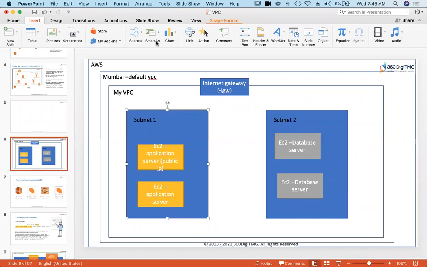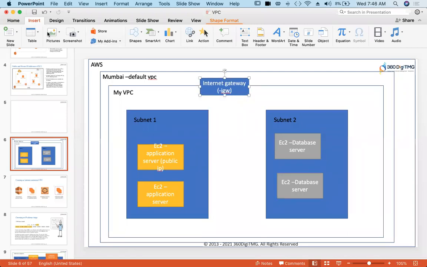And how can I do that? This internet gateway is for my entire VPC, and subnet 2 is also a part of the VPC. You can disconnect this subnet 2 from the internet gateway using something called a route table. That's what routers do. When you get an internet connection, you'll get a router. What will the router do? It will route traffic on the internet. Not only on the internet, but internally inside your network. It routes traffic within your network and also outside the network.